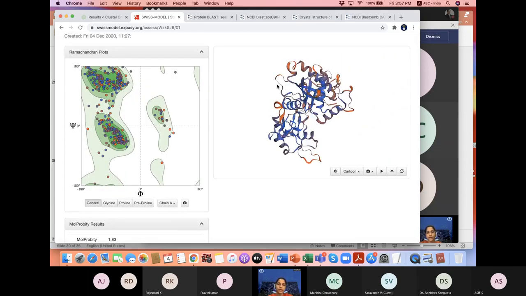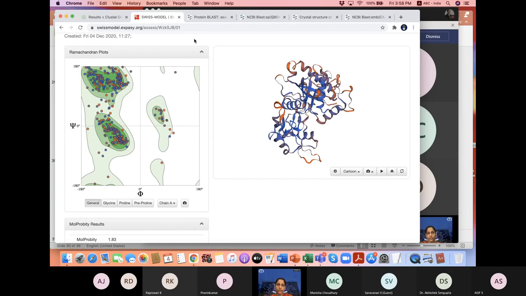Now, as we all know, in tertiary structures there is always a particular distance that two amino acids can be closer to, and not more than that, which we also call the steric clash. The side chains can only come closer to this particular distance and not more than that. So based on that, we had something called